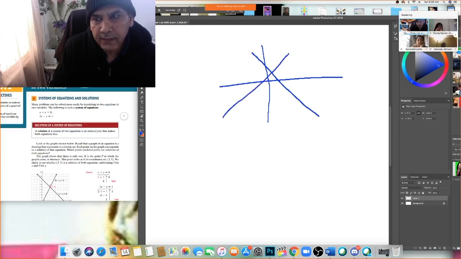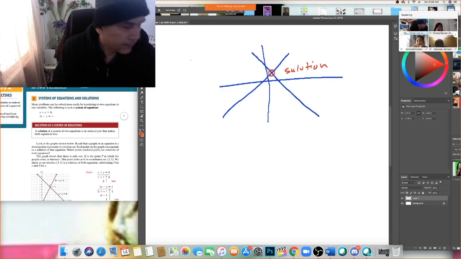So this intersection is our solution, right? So this intersection is our solution. Okay, this is our first condition. Second condition, we could have